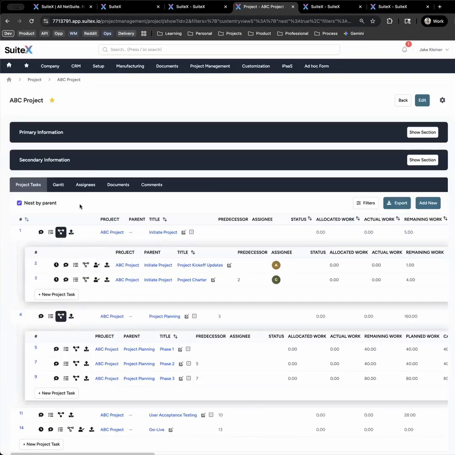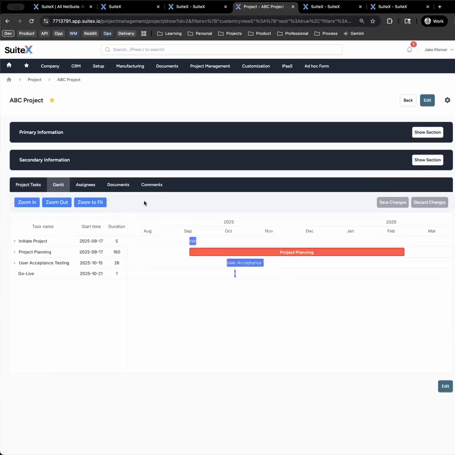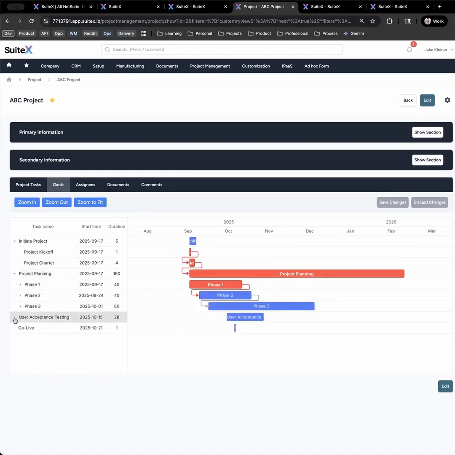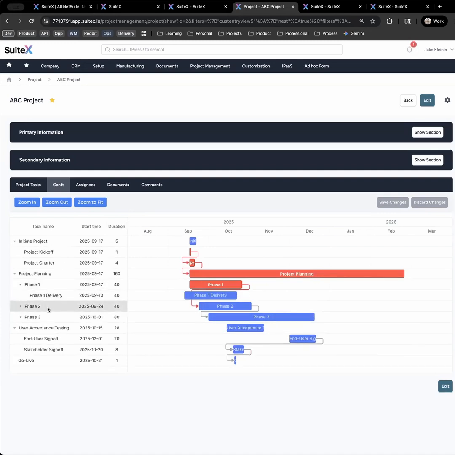After going through project tasks, I want to spend just a minute or two going through the Gantt. So one issue we see a lot of times in NetSuite is really an inability to make large or broad sweeping changes in NetSuite without opening multiple tabs, multiple pages, etc. We've extended the functionality, giving you the ability to make live Gantt updates with things like predecessor relationships via simple